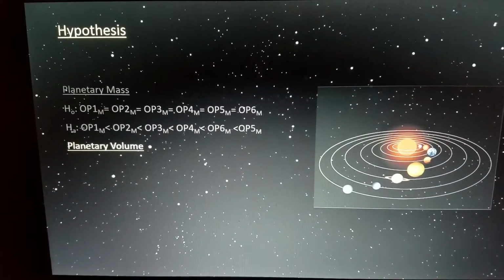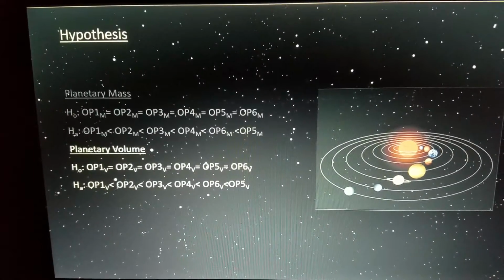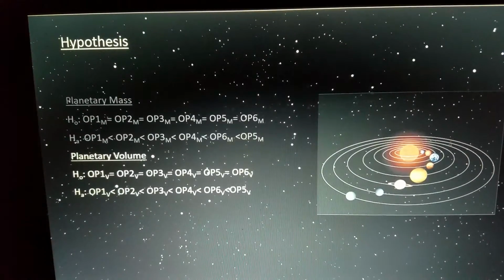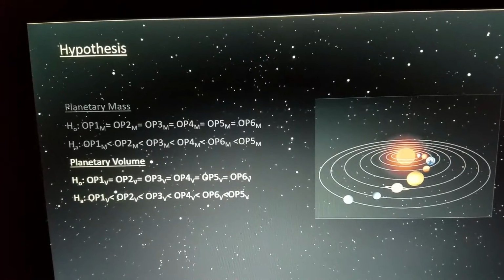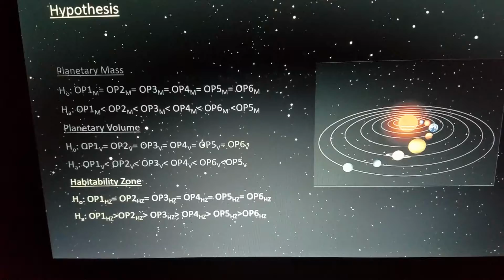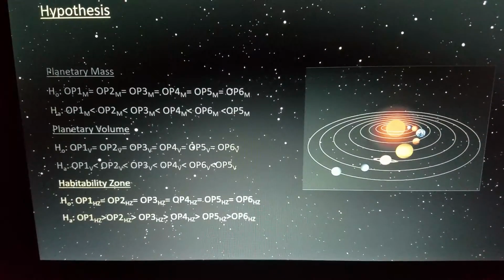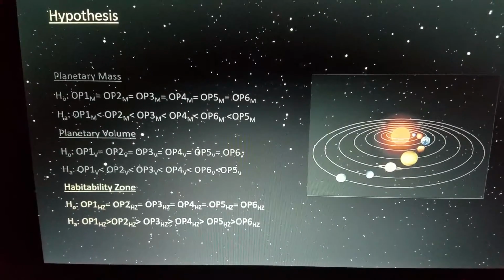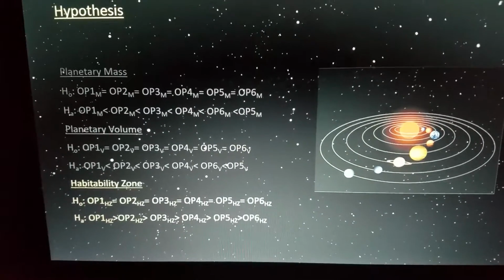With planetary volume, we have the same pattern, with the null being that there is no change as orbital distance changes, but volume changes as orbital distance increases, but then sharply drops off within that last increment. And with the habitability zone, the null hypothesis is that there's no change in the likelihood of a planet being habitable based on orbital distance, with the alternative being that the closer a planet is to the star, the more